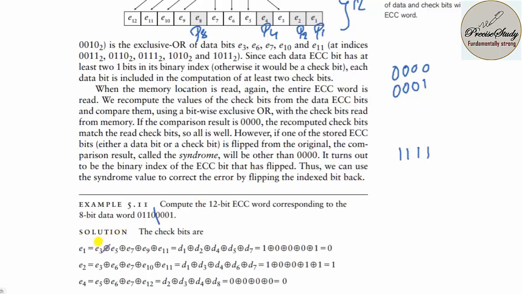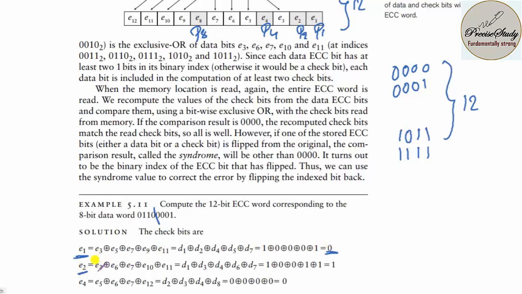Now what is E1? E1 covers the third position, fifth position, seventh position, ninth position, and 11th position. You have data up to 1011, nothing but 12 bits. So what you are going to do is take the third bit, fifth bit, and so on to the 11th bit, and XOR them, and call that E1. E1 is 0.